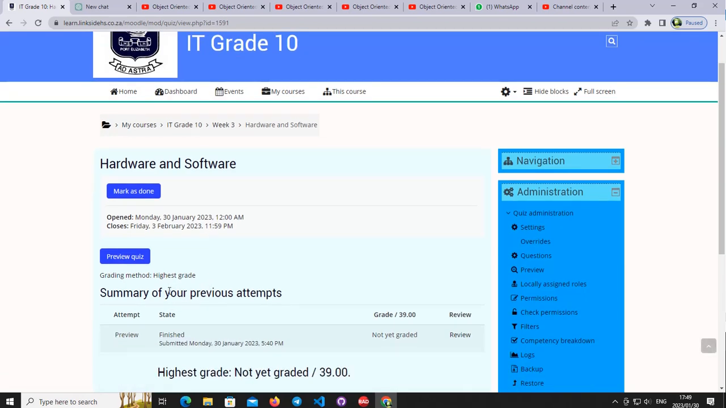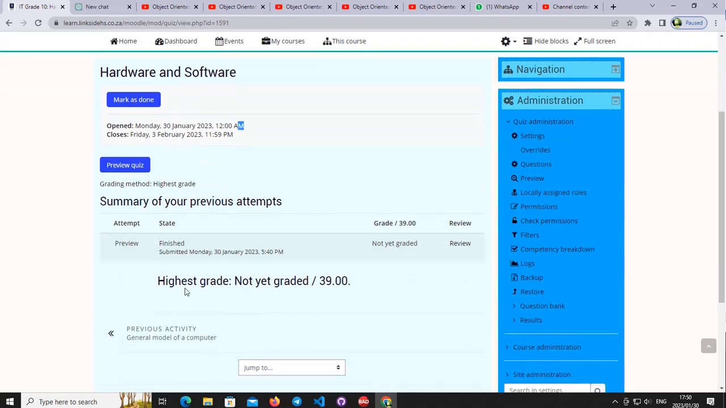and it will show you when it opened and when it closes, and it closes on Friday at 11:59, and then you can take the quiz. For you it will say take the quiz, I think, because I'm admin, it wants me to preview it, but for you it will say attempt quiz or take the quiz. Click on the button that communicates you taking a quiz. So let me say preview quiz,